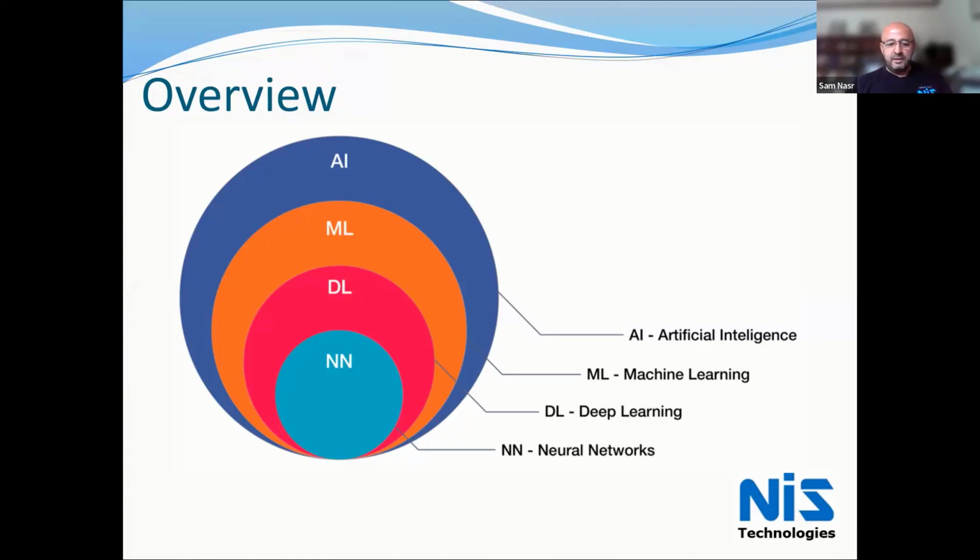And so starting from the bottom layer, you have the neural networks, and we'll talk about those in more detail, but that is essentially the building block for deep learning. And with deep learning, essentially, if we have more than 3 neural networks, then we have what's called a deep learning entity. From there, we can build upon that, and then we can have machine learning, which is a subset of AI. And as you see in that diagram, everything is nested together with neural networks being the building blocks. So we can start with a basic neural network. We can add more than 3 layers to it, and now we have a deep learning entity.